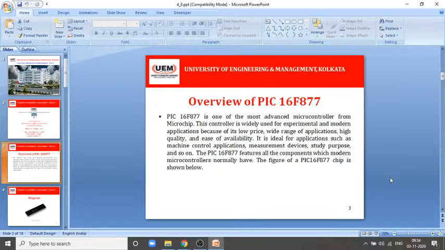It is ideal for applications such as machine control applications, measurement devices, study purpose, and so on. So the different applications of this particular microcontroller, PIC 16F877, are machine control applications, measurement devices, study purpose,